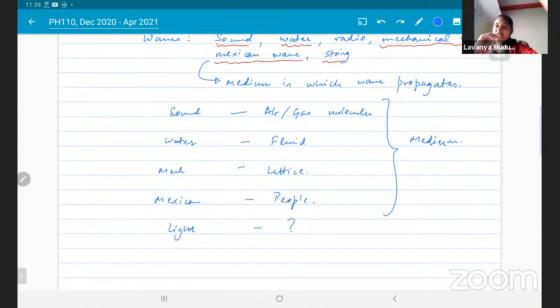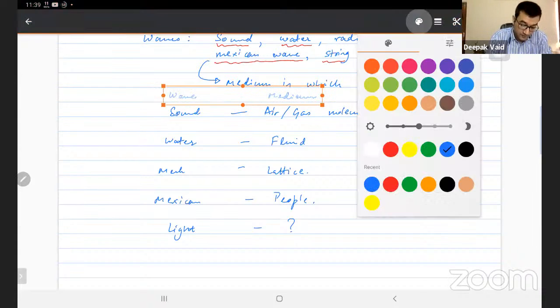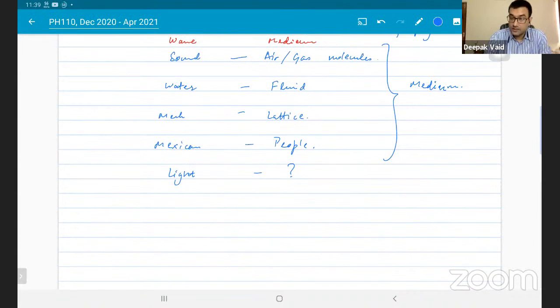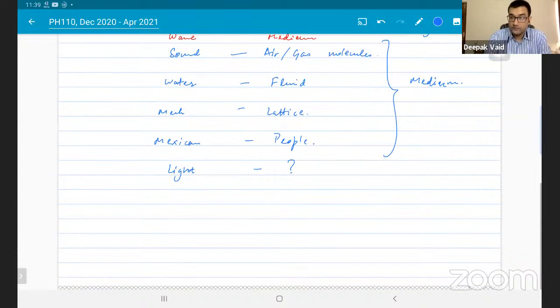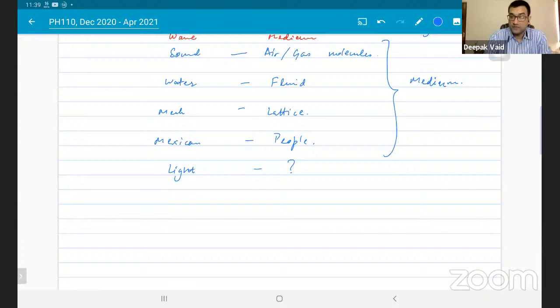No medium, vacuum. So vacuum is empty. But that doesn't make sense, right? From the understanding of physics,